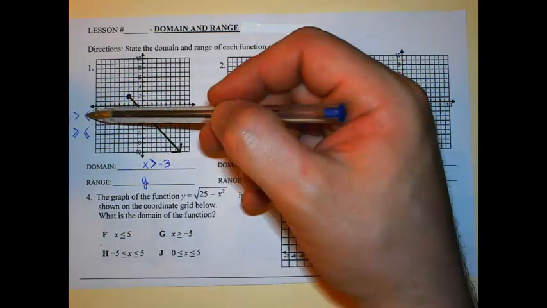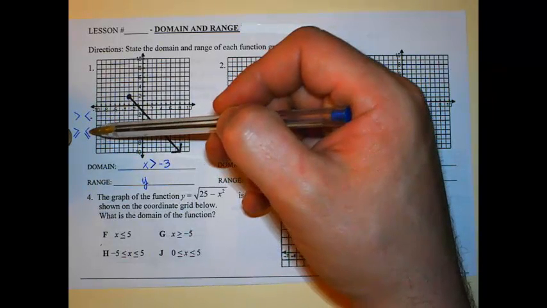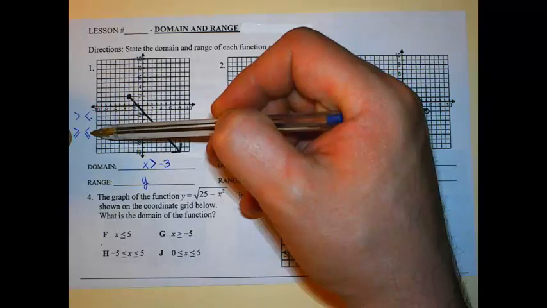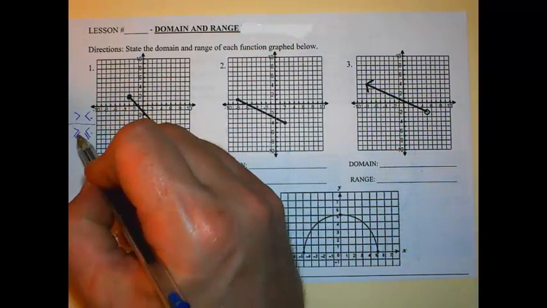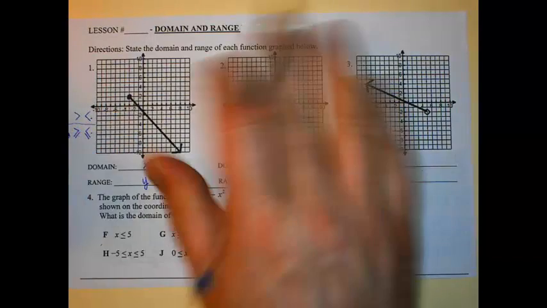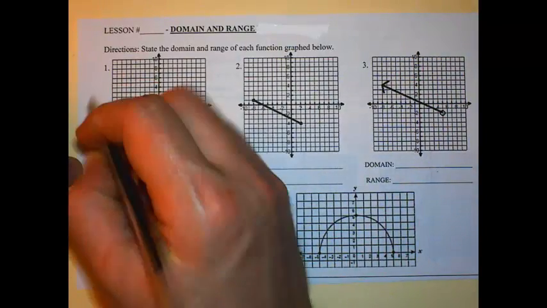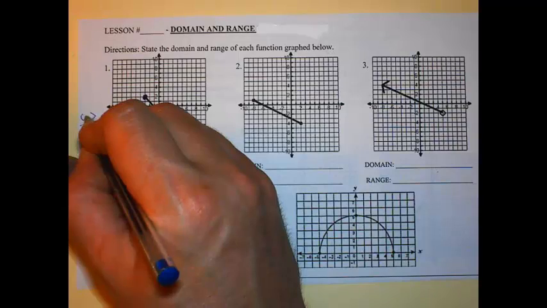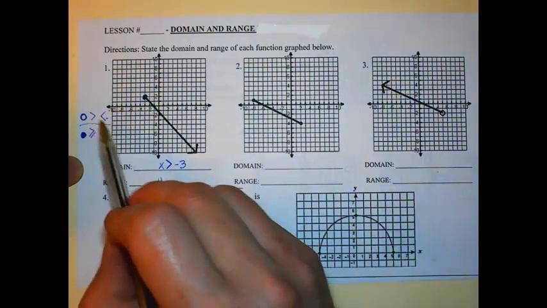So when do I use greater than and less than versus greater than or equal to or less than or equal to? In other words, when do I have the little dash underneath the inequality sign? Basically, when you have a point that is solid. And if you don't have a solid point, meaning you have an empty circle,